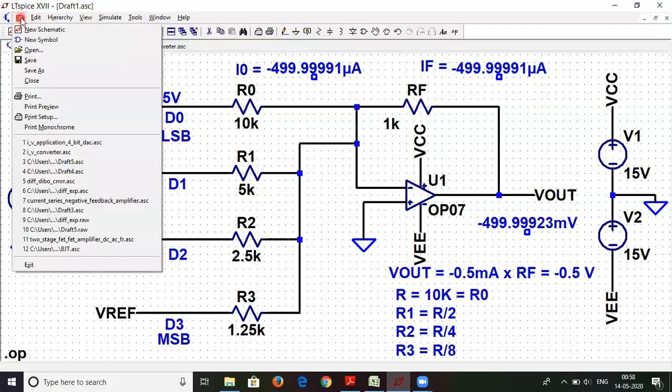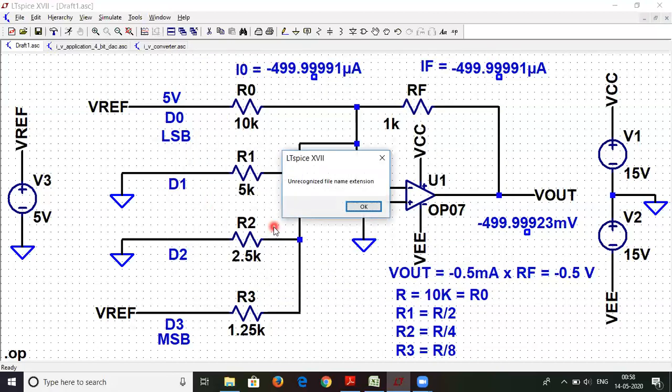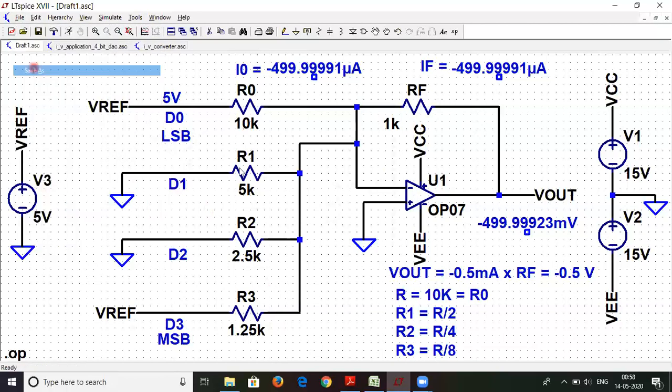Before doing that, let me save this file. Saving the file is extremely important. So this is our 4-bit DAC. Okay, so we have saved the file. Okay, it is not successfully saved. Let me try it once more.